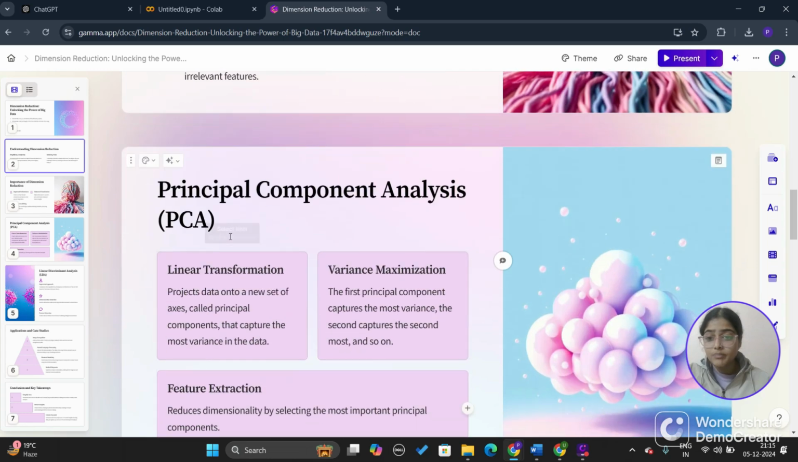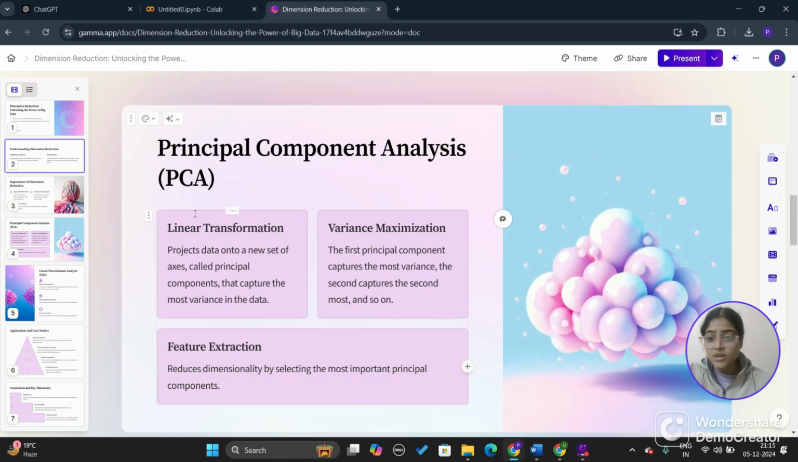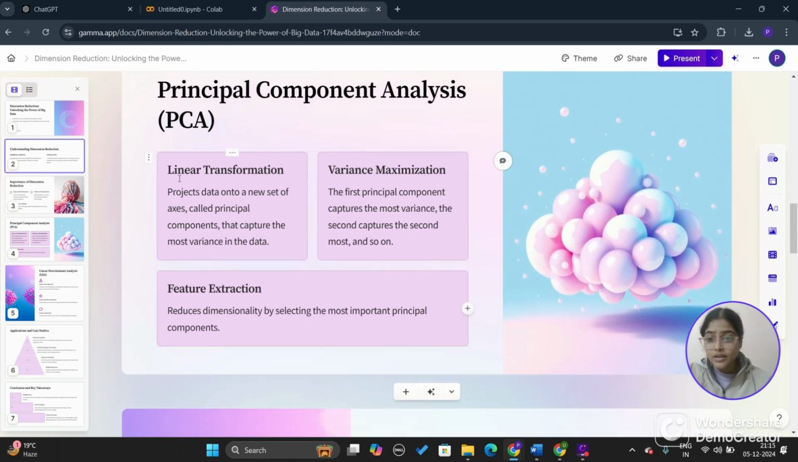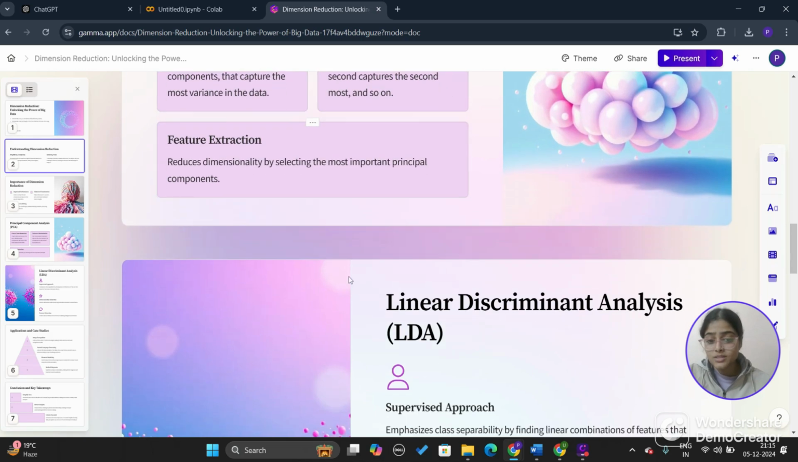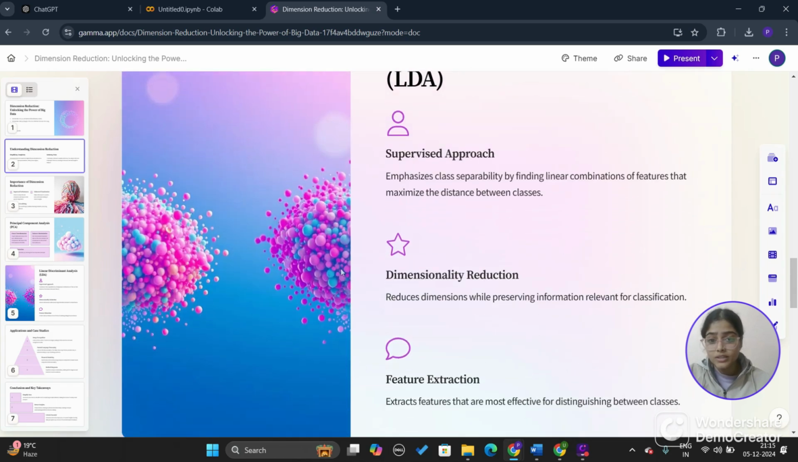Now we understand principal component analysis, PCA. It is a linear transformation that projects data onto a new set of axes called principal components, which capture the most variance in the data. Variance maximization: the first principal component captures the most variance, the second captures the second most, and so on. Next, feature extraction reduces dimensionality by selecting the most important principal components. And moving to another one,